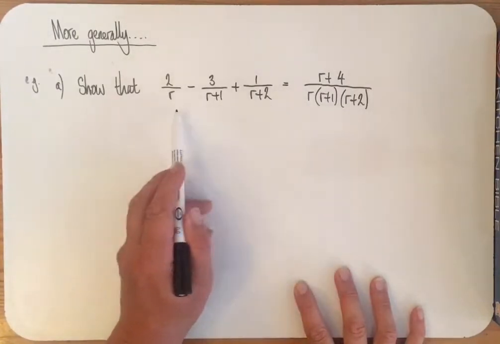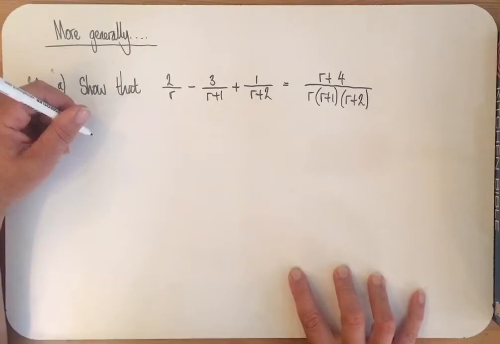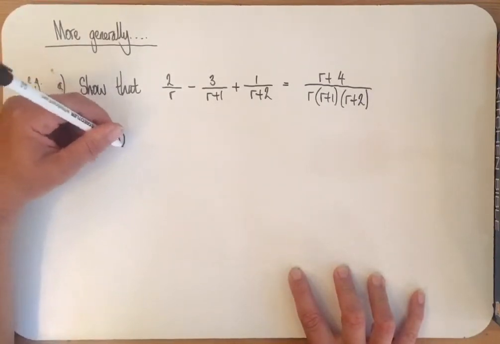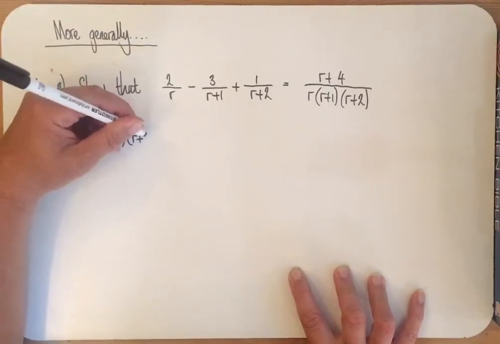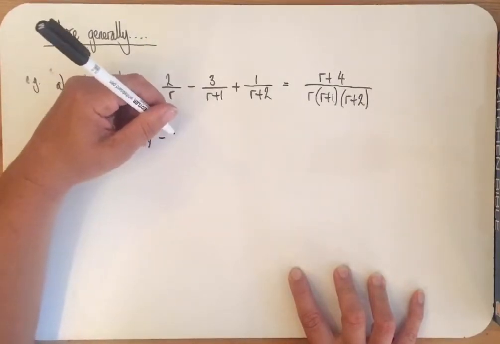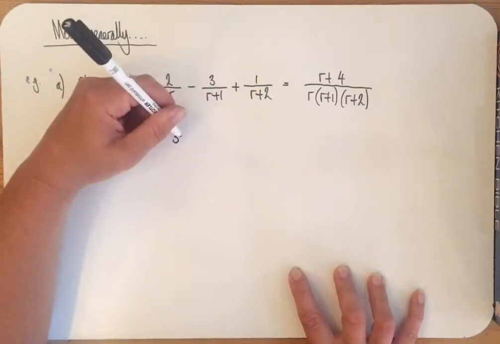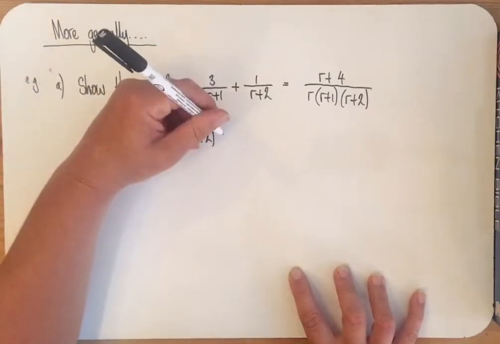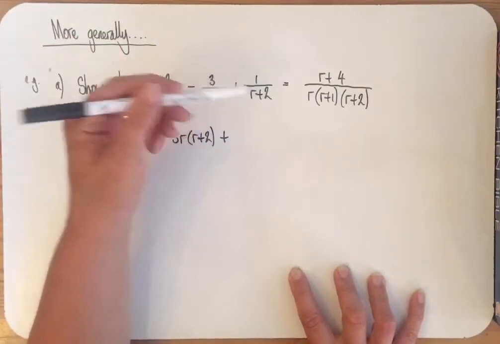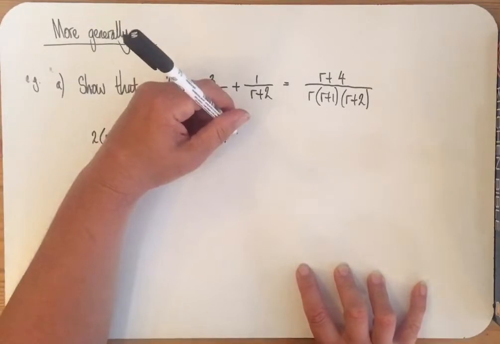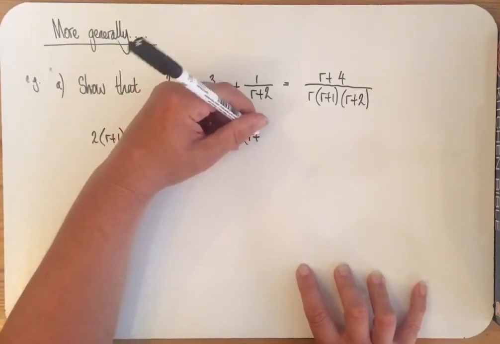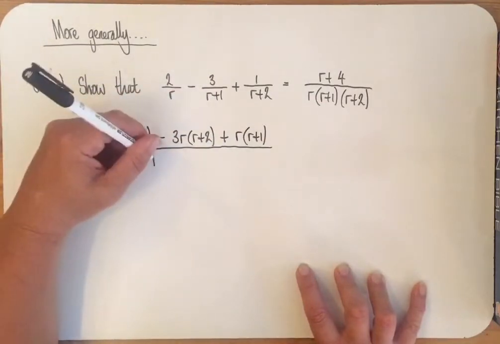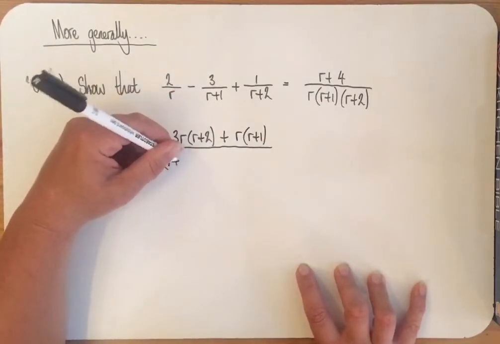plus 2, I'm basically multiplying these three together. So top and bottom of the first one by r plus 1, r plus 2. I need to multiply top and bottom of the second one by r plus 2, and then multiply top and bottom of the third fraction by r plus 1, and then I have a common denominator of r plus 1,